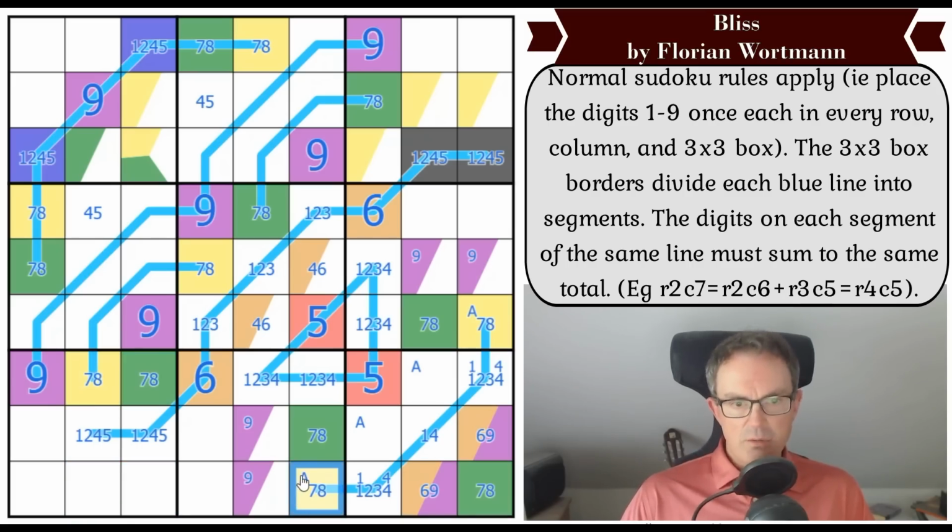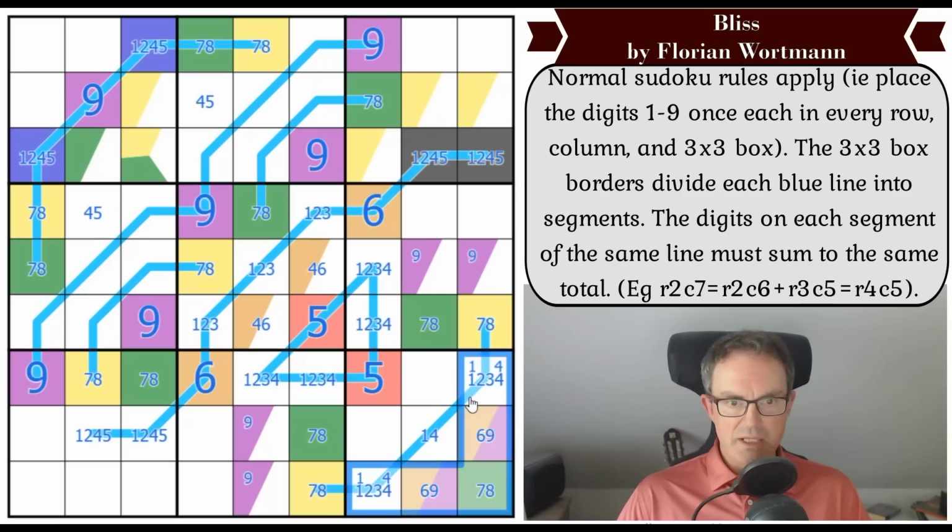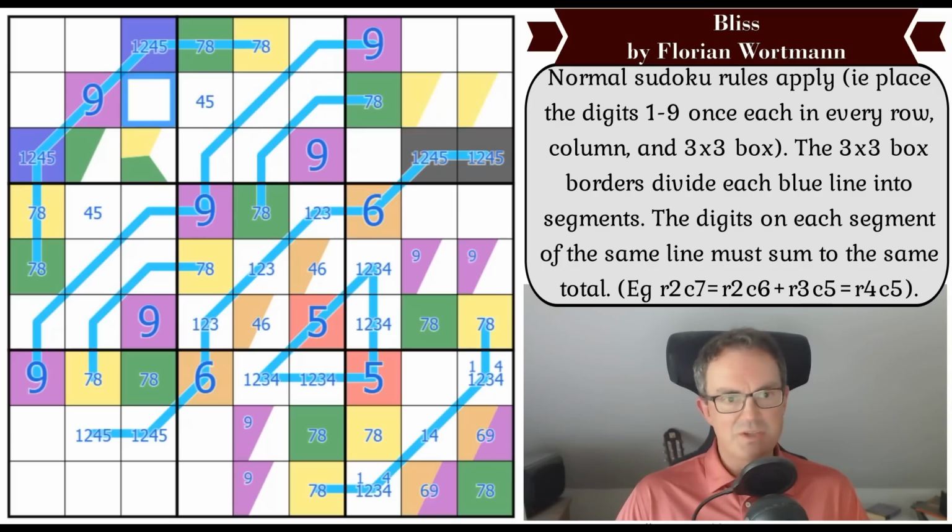Now yellow, yes, where's yellow in this box? Yellow is now here by Sudoku. So I think we can get rid of the A nomenclature now. We've sort of understood that, haven't we? Yellow is there by Sudoku. So that's yellow. That is 7 or 8. So this is not yellow. So yellow is in that domino, which means that this is not yellow, which means that is yellow, which does